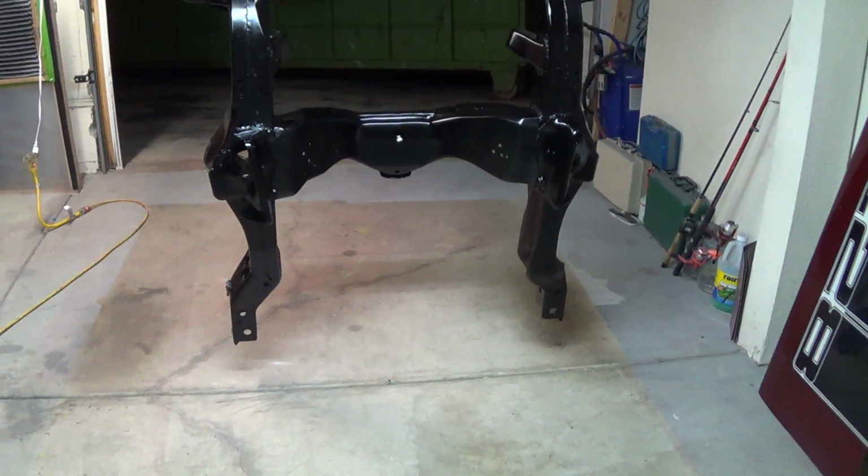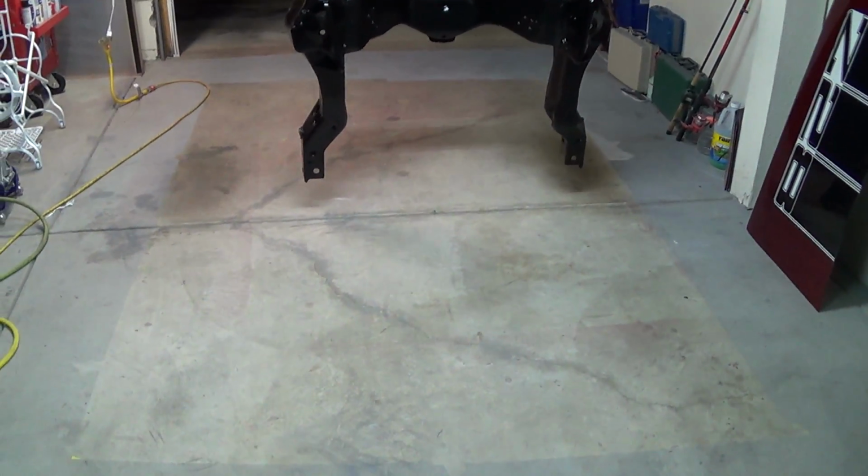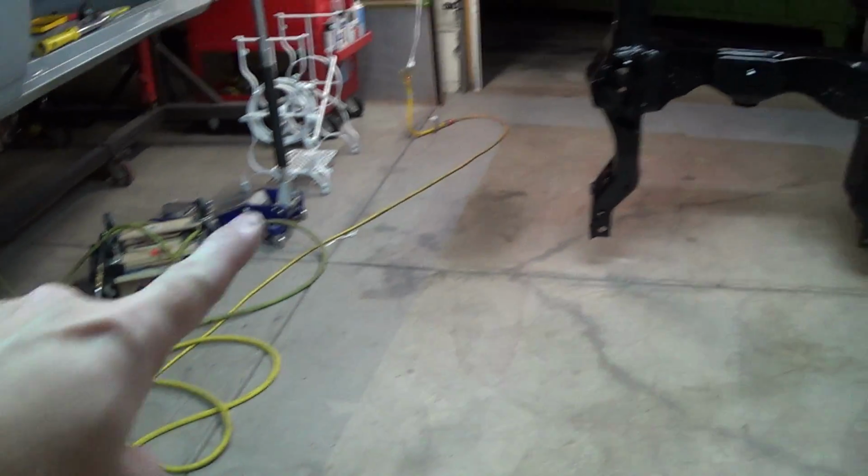Let's take a look at how we finished up here. First thing was, here's a good example of how far overspray goes. You saw I had that paper down directly under it, and man, that stuff went everywhere. I don't know how far back it went, but pretty far. But anywho,